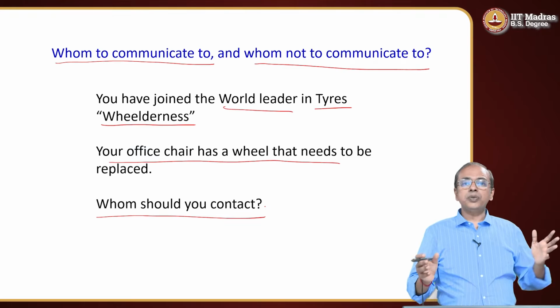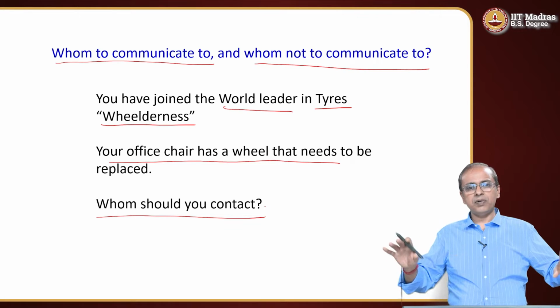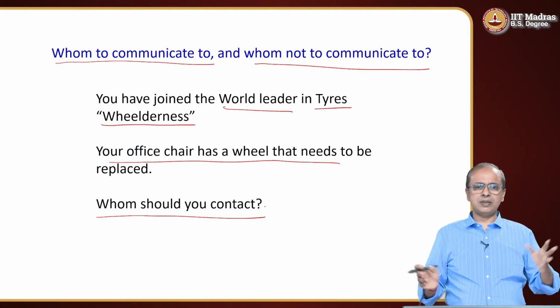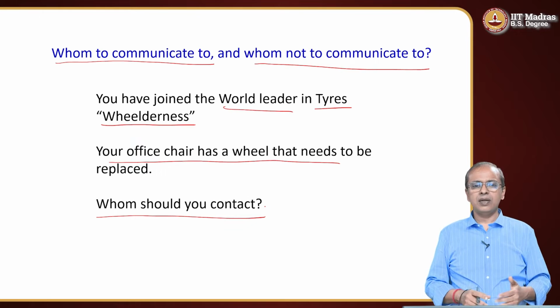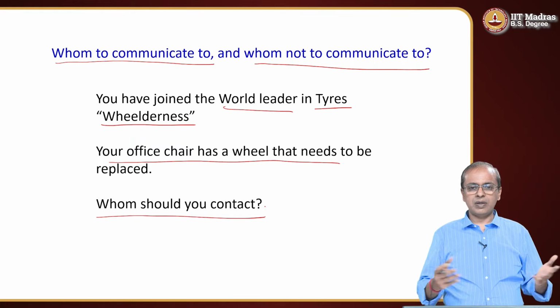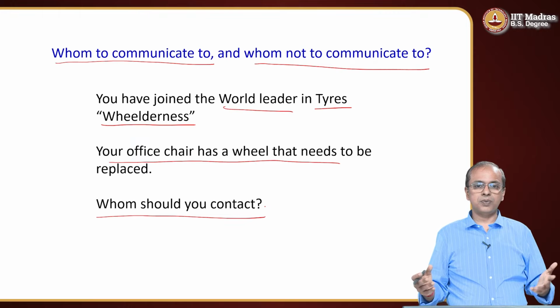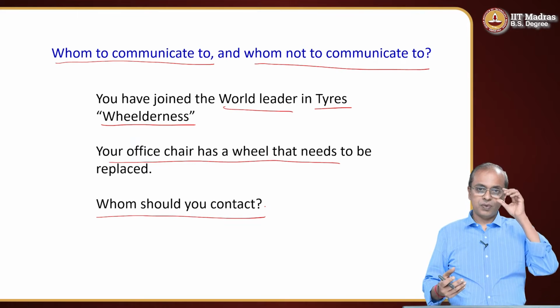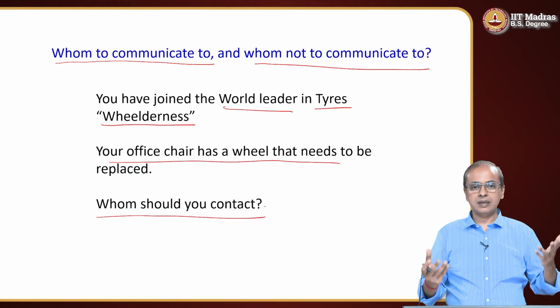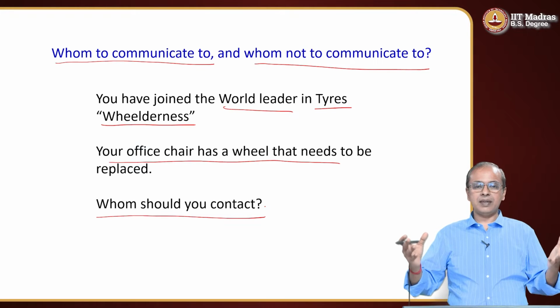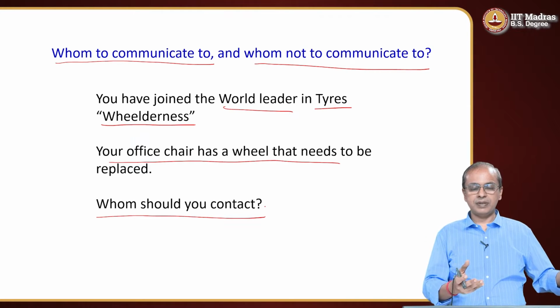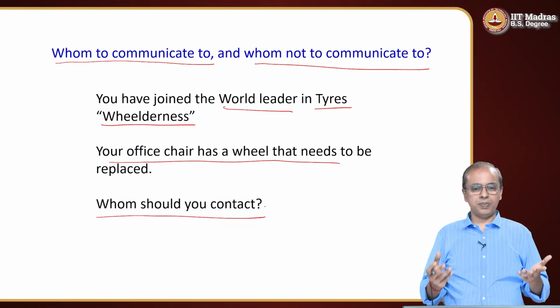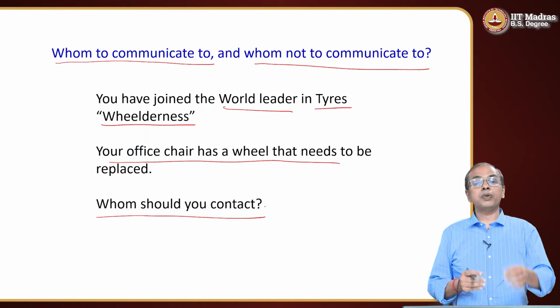It is not unusual to see people who will immediately send off an email to some really high up person, some CEO or somebody, saying, I've got a new office here, and the wheel is broken. You can even write something very rude. Some person may end up writing something rude, saying that, how come the world leader of tires has a chair with a broken wheel, something like this. This is not appropriate, and it conveys poor judgment.